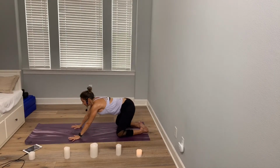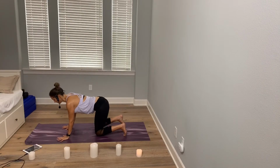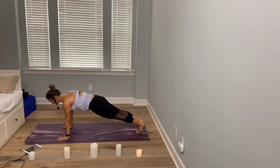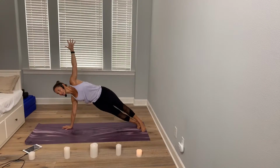All right. Coming up, back to your hands and knees. Shoulders are over those wrists. We're gonna curl those toes under and we're coming up into high plank. From high plank, we're gonna go into side plank. And from side plank, we're gonna go into wild thing by inhaling here, lifting those hips with buoyancy, strong in